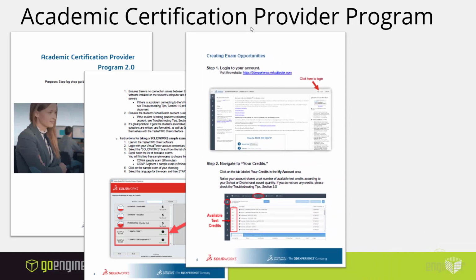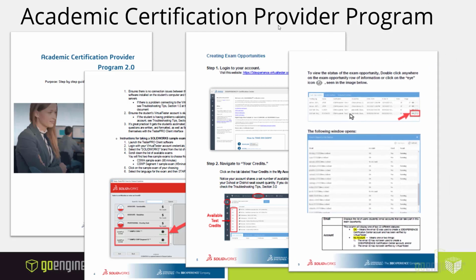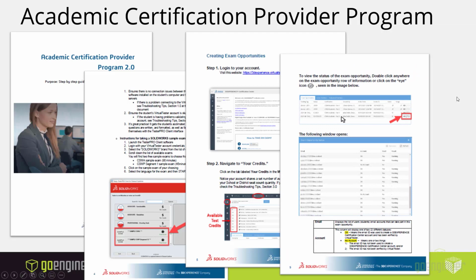You get a bit deeper, you're going to see a lot more about what it looks like when you log into Tangix Tester Pro initially, and then how to go ahead and actually input the credits and select the exams that you do get available to you, as well as things like the actual vetting of the exams or the final follow-up that shows you exactly what details maybe need a little bit more scrutiny or extra work for that particular student. So it's going to be areas of improvement that they might want to focus on. This is just a small part of what this entire PDF provides.